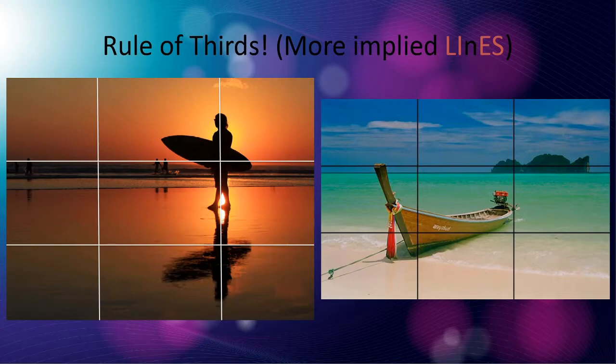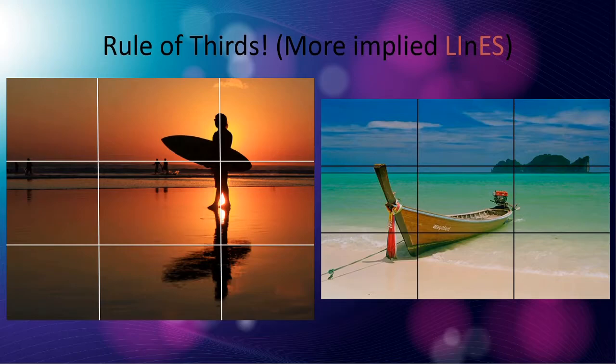So when you're drawing an image or taking a photograph even, if you can imagine the rule of thirds, where your image is divided by 2 vertical lines and 2 horizontal lines. So you divide the image into thirds, and there are 9 areas. And you put your focal point, that is the subject of your photograph, at the crossing of one of those lines. The surfer is here at the crossing of these 2 lines. The surfer could have been over here, or it could have been down here. But the surfer is here at the cross line, right? And the top of the ocean is here at this horizontal line.